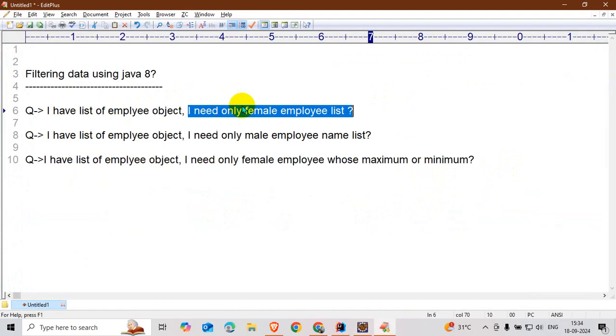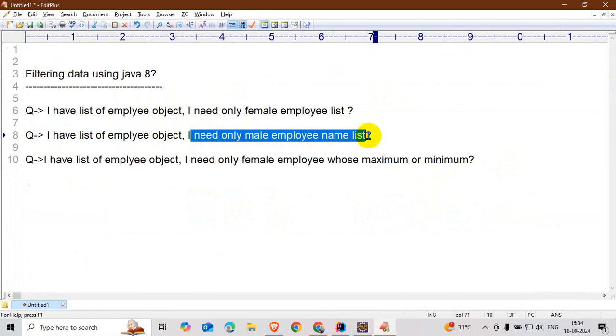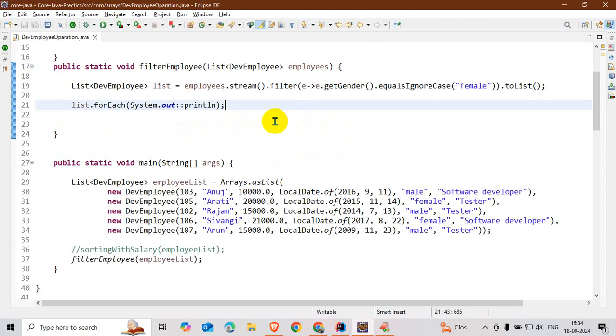And my second question is, I have a list of employees, I need only male employee names, okay. I have a list of employees and I need only the male employee names list. So for this logic I write, and I create one other stream object.